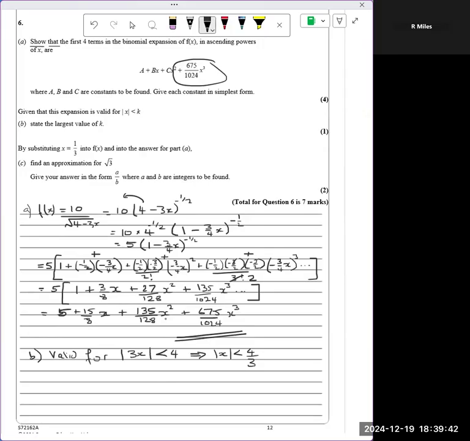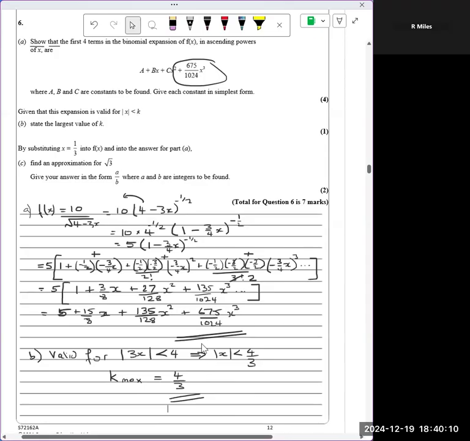Well, k could be anything as long as it's smaller than 4/3. So the largest value of k, I'll call that k max, is equal to this value 4/3. I don't know why they've expressed it that way, but they have said state the largest value of k. So the maximum value of k is 4/3. It's not an inequality,